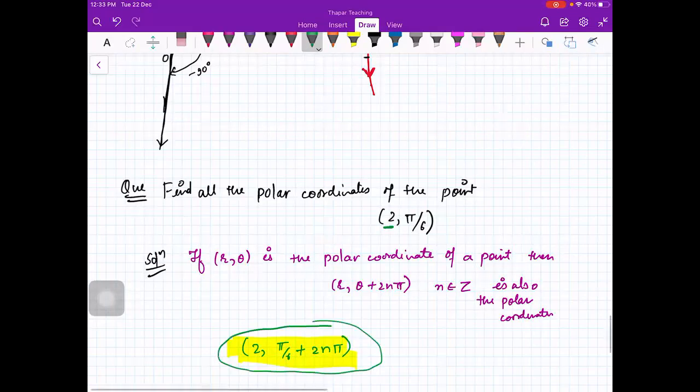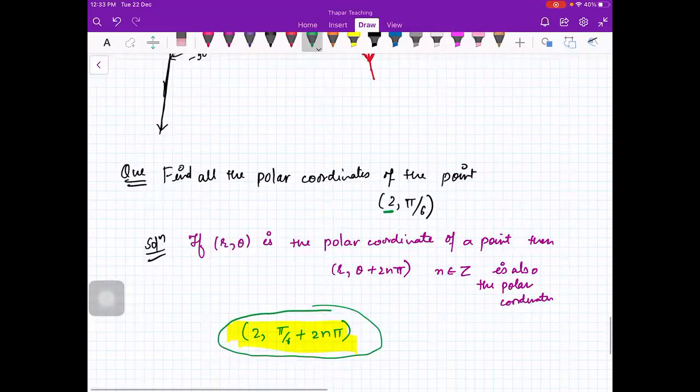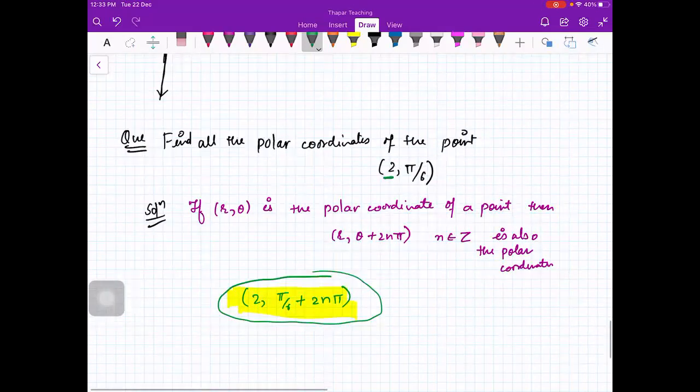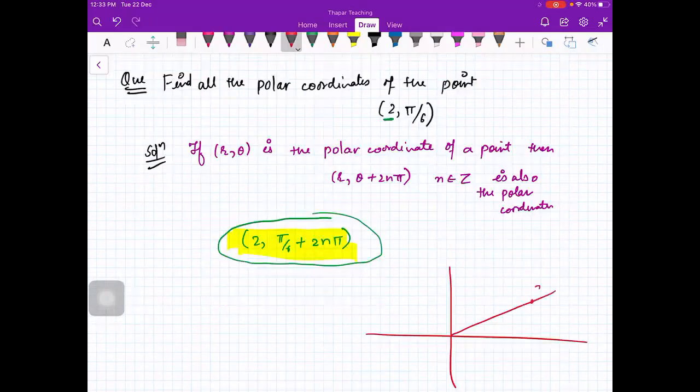Okay. Now you make r negative. So you see what you are saying. Your point is somewhere here. 2 comma pi by 6, first quadrant. Okay, so this is 30 degree, right? So what exactly we can do? We can go to this axis. What is the name of this axis? This axis is the negative of 30 degrees, not 30 degree, but this is this much, right? So this is pi by 6. This is minus pi by 6.